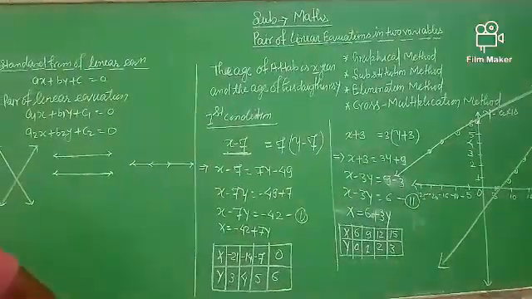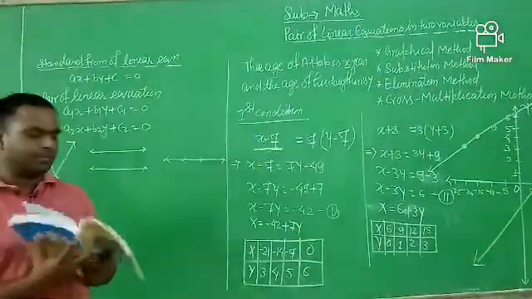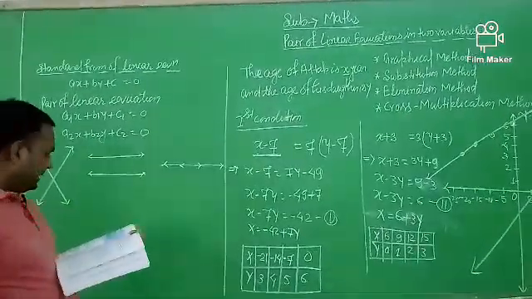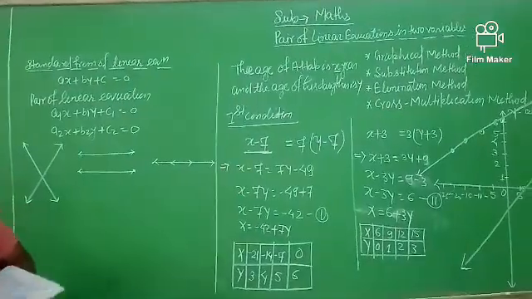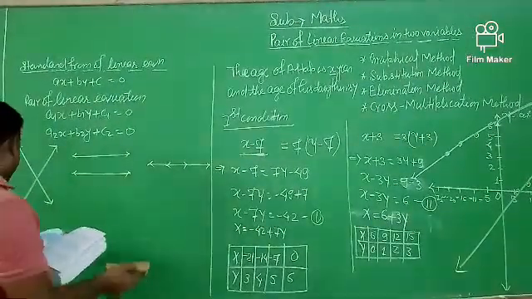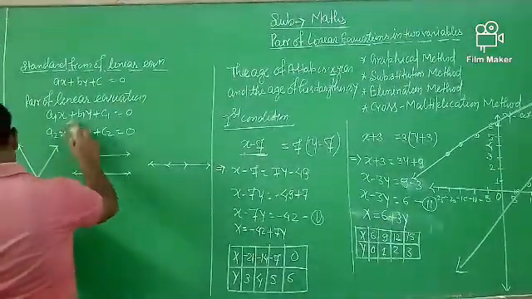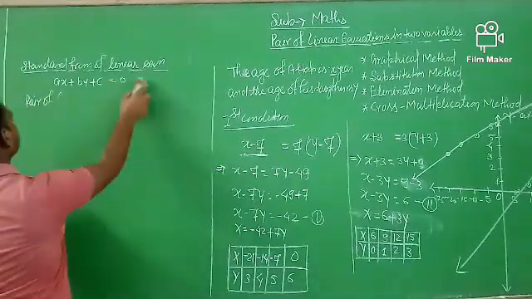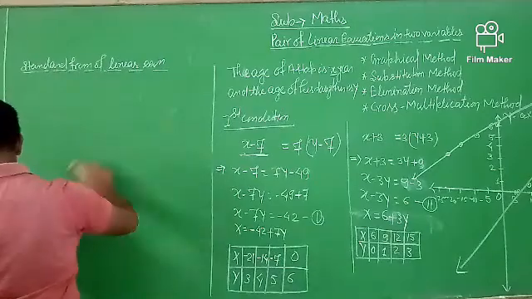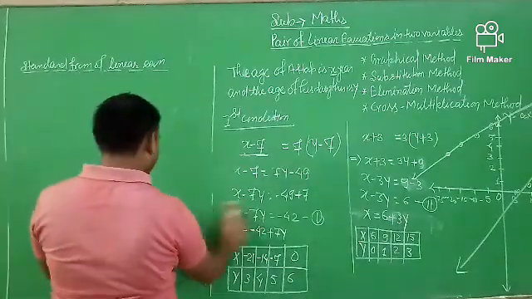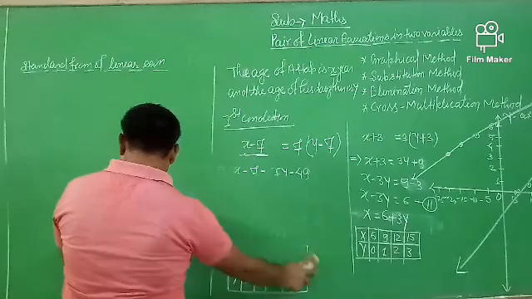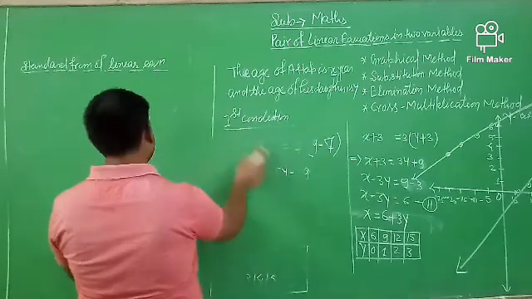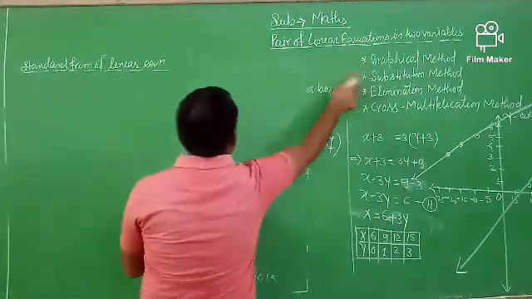Next, the second question is also given. Here is another question, question number 3. The cost of 2 kg apples and 1 kg grapes on a day was found to be rupees 160. Second condition, after a month the cost of 4 kg apples and 2 kg grapes is rupees 300. Represent the situation algebraically and graphically.